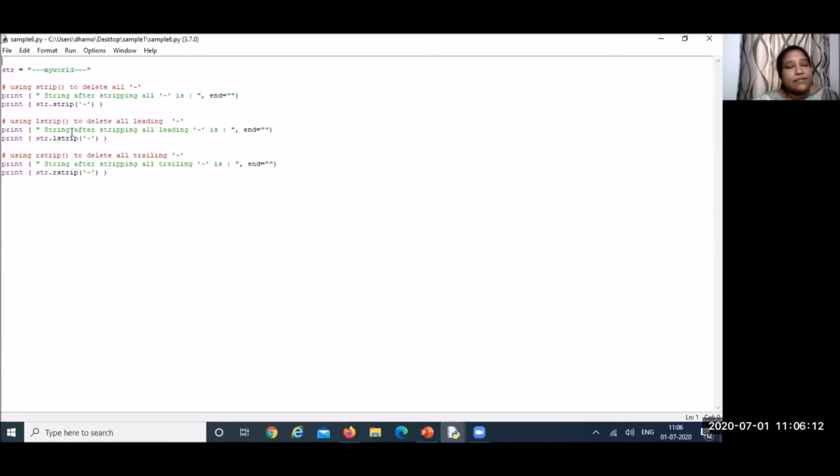See here the function lstrip, to delete all the leading dashes, and the dash is also to be specified here. That's why the print, string after stripping all leading dashes is, and in brackets, that is the string statement it should show, str.lstrip of the dashes. That means with the help of this leading strip, or left strip,